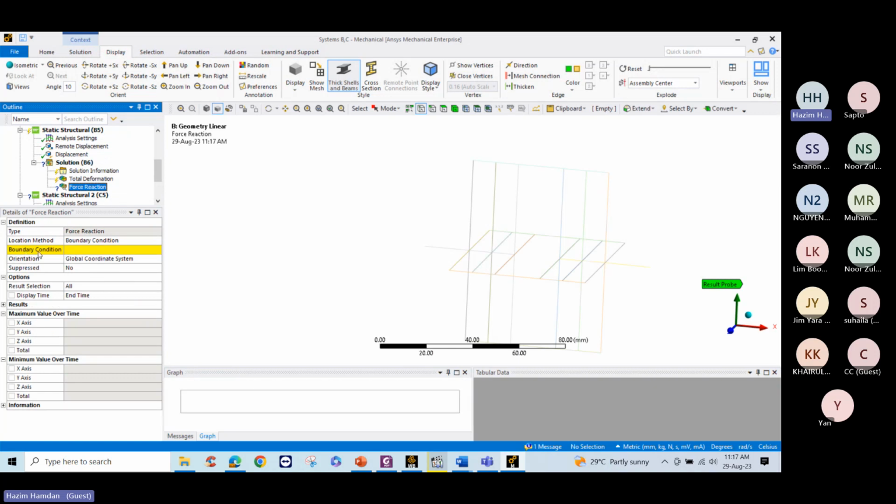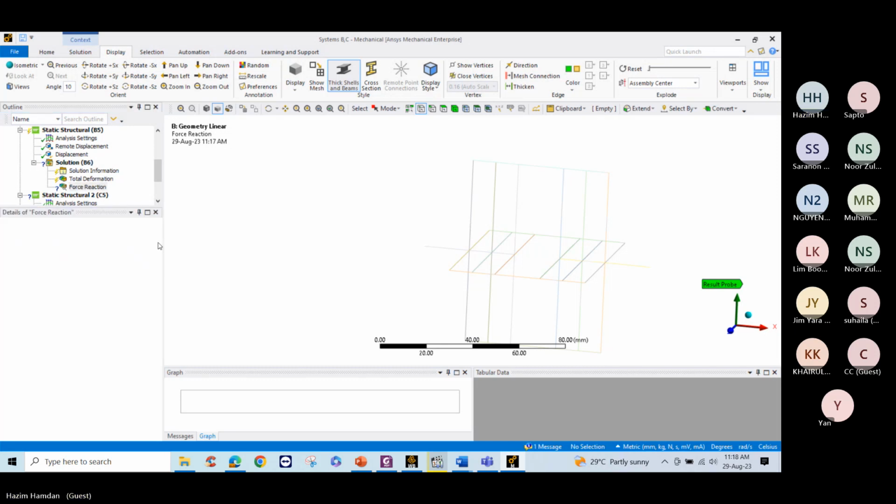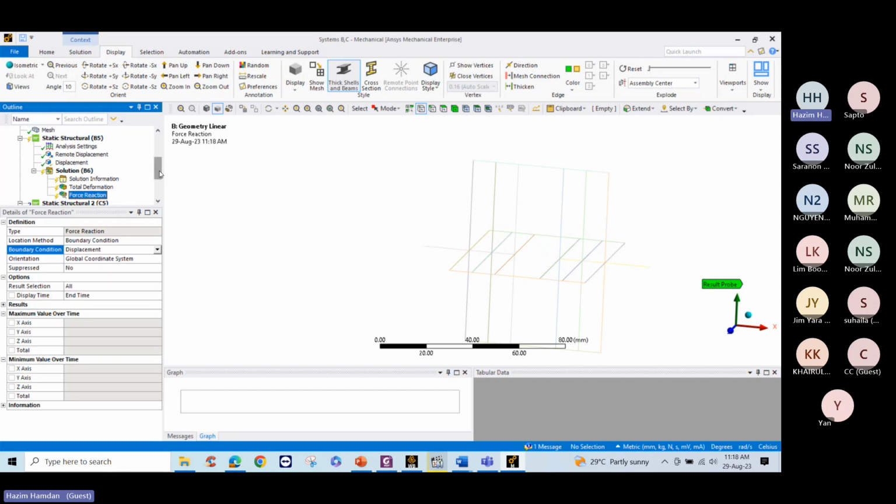Okay, so this one for the solution, we want output. The output is a total deformation and force reaction. For the force reaction, we will select the displacement. Okay, now